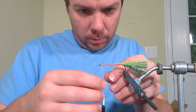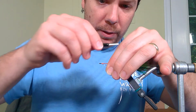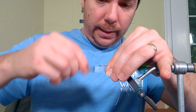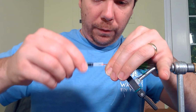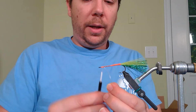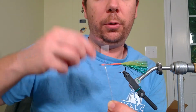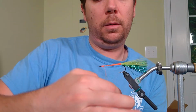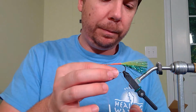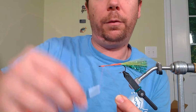And without getting too crazy, I'm going to try and wrap this together. There we go. I got it captured. Put enough thread wrap so that's not going to come undone. And now I'm going to put wraps underneath. So put about 2, 1 in front, 2, 1 in front. All we're doing is trying to push this weed guard. See how that weed guard's getting pushed down? I'm going to do that probably 2 more times. Really try to make that stiff. 2, 1 in front,